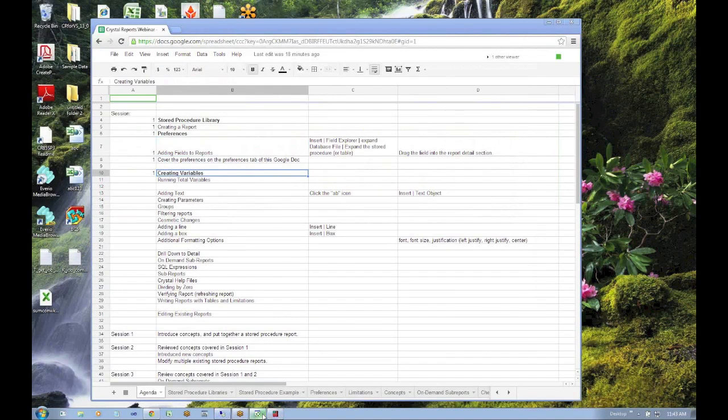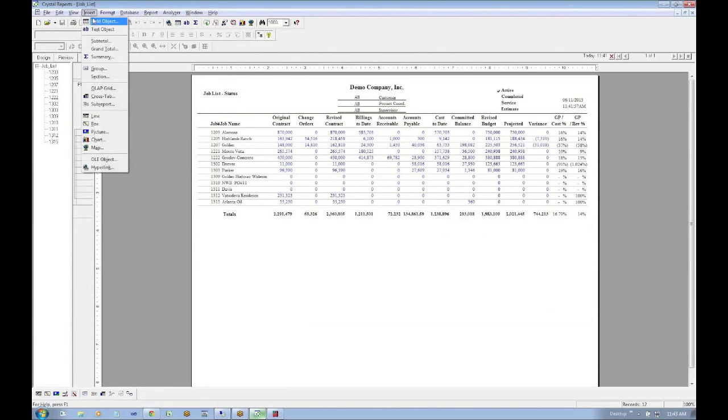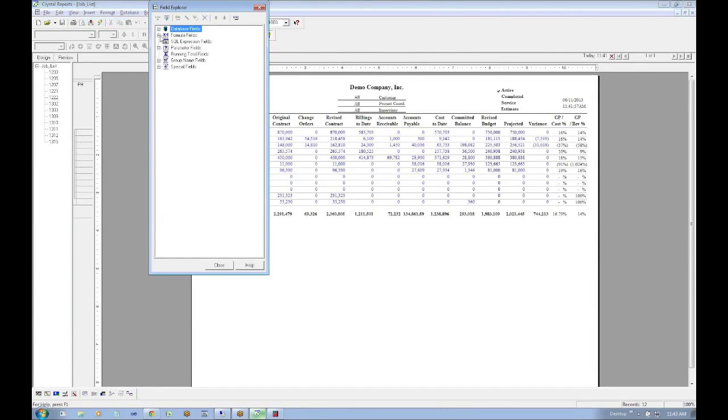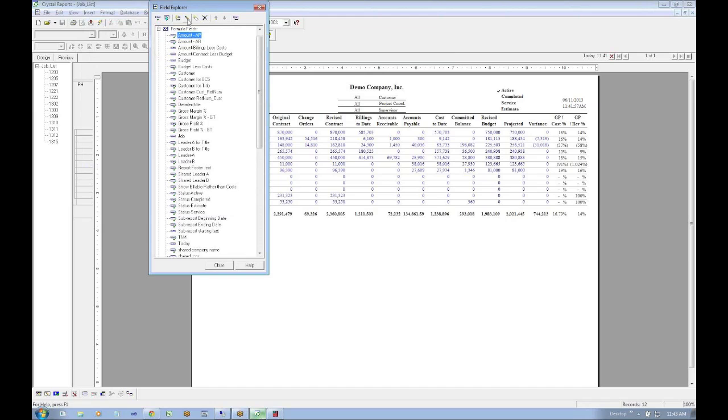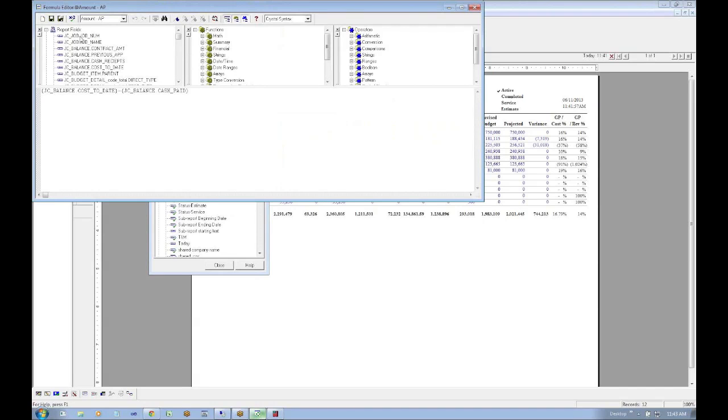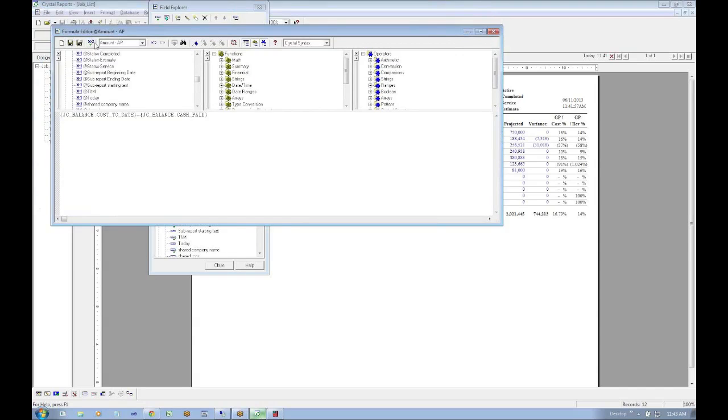And we created some variables. We're going to illustrate that. The insert field object, and the formulas are here. And so here we're tying in, there's tables in this report. And we pulled in certain concepts, so you can see the tables that were part of this report. And we can pull those into these variables by double-clicking on them. You've got 3 areas here. This is your data, where the data comes from. In this formula editor,